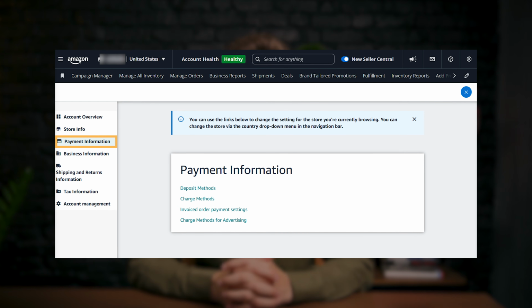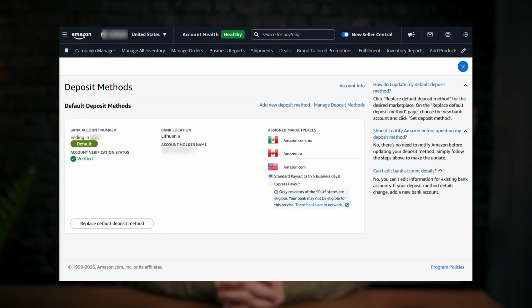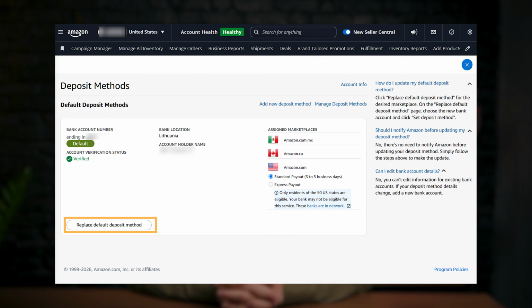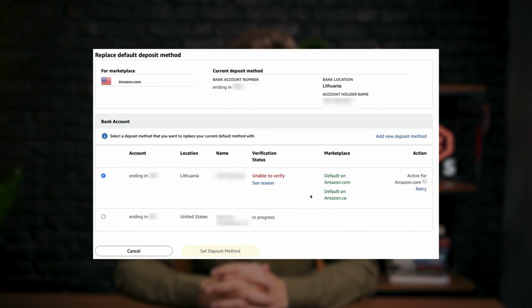Just know that this is normal and exactly what we want. In the account settings, go to payment information on the left side and select deposit methods. You will most likely be prompted to sign into your account to verify for security purposes. Once inside this deposit methods, select replace default deposit method, select add new deposit method, and enter your new entity's